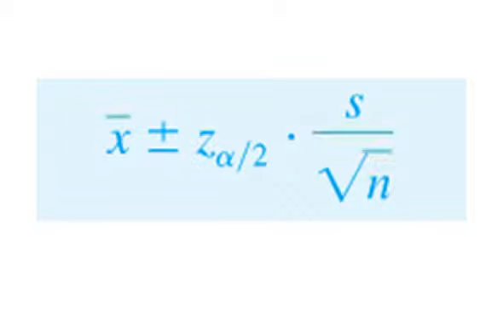When we talk about confidence intervals of the mean, we're usually talking about an x-bar value derived from a sample, and we want to be able to say something about the mu associated with the population as a whole. So x-bar plus or minus z alpha over 2 times the standard error is a pretty common formula that we pick up and memorize fairly quickly for calculating many of our confidence intervals based on the normal